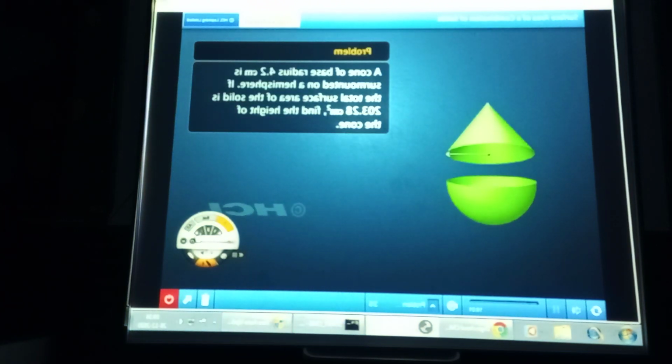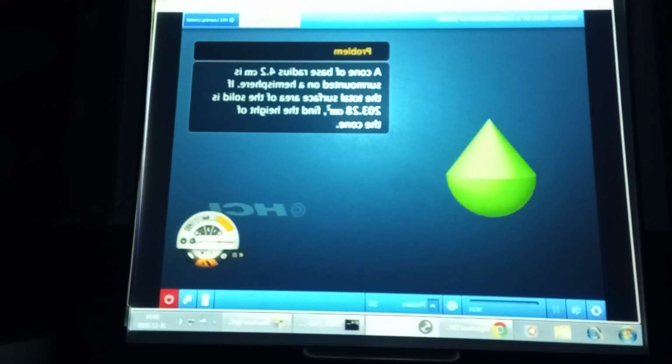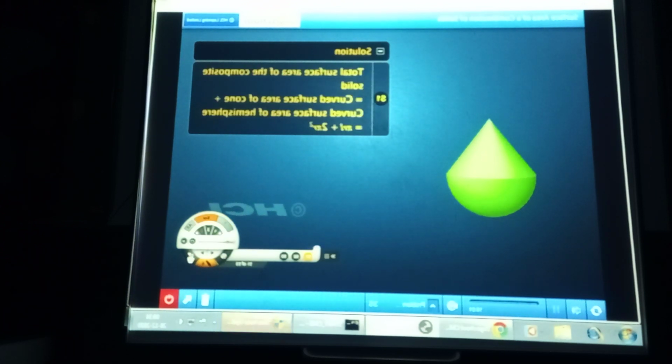A cone of base radius 4.2 centimeters is surmounted on a hemisphere. If the total surface area of the solid is 203.28 square centimeters, find the height of the cone. क्या फाइंड आउट करना? हाइट। ऐसे देखें सभी। The total surface area of the composite solid is the sum of the curved surface areas of the cone and the hemisphere. सभी अपनी अपनी कॉपी पे नोट डाउन करें।